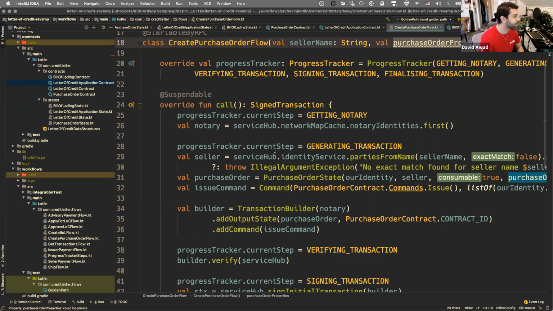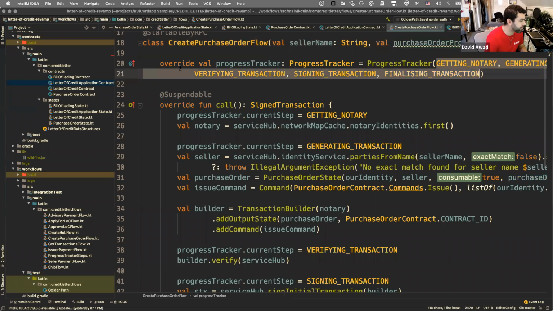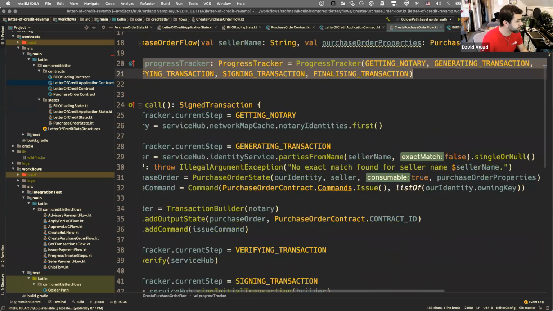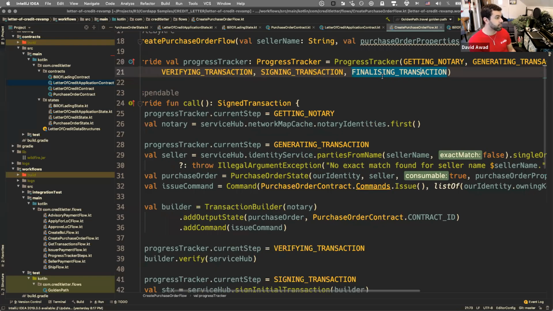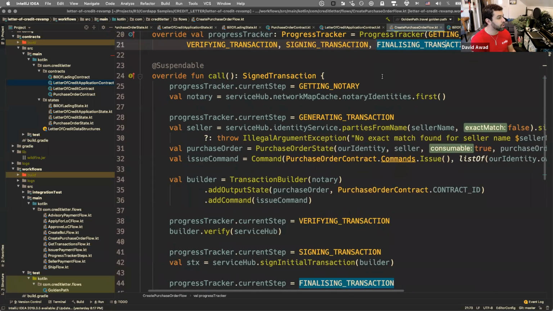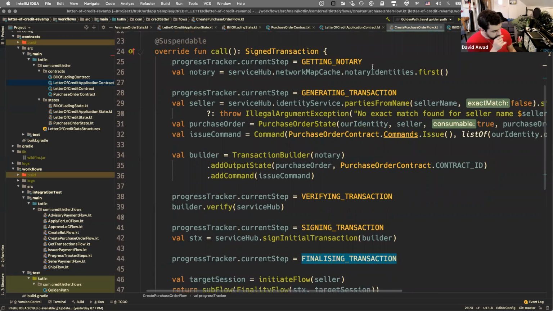Okay. So look on line 20. The first thing that we see in this flow, funny enough, is actually just a logging thing. You don't need to specify the progress tracker, but it is very convenient. When you run your flows in the Corda shell, which is another thing that you should take a look at after this, the states actually get identified here. There's a really nice little pretty print mechanism as well. It's nice if you can try configuring something like this. It can save you a little bit of headache when debugging as well,